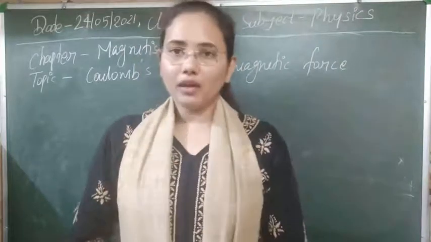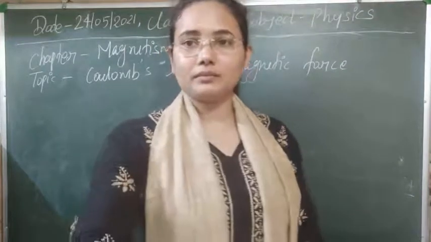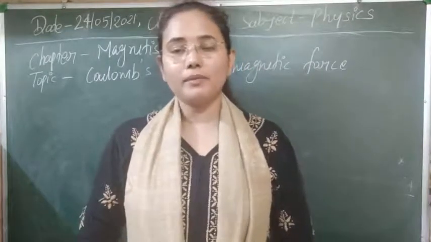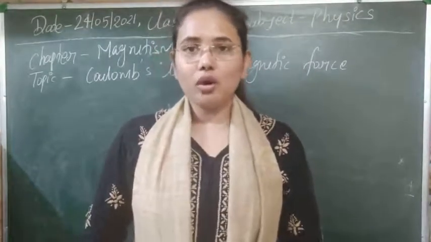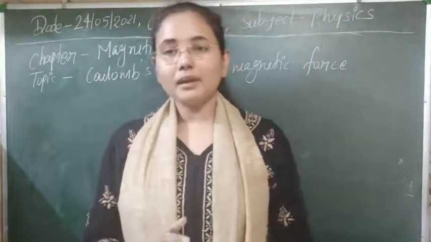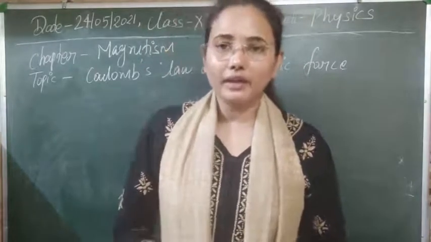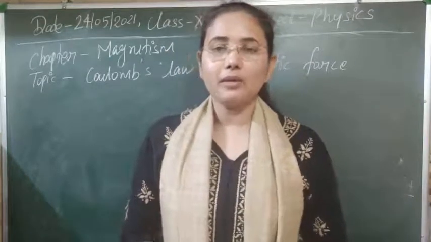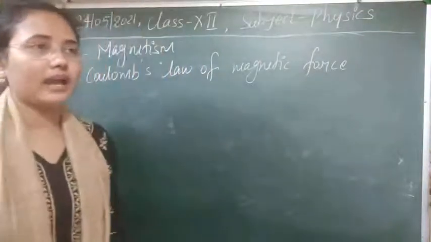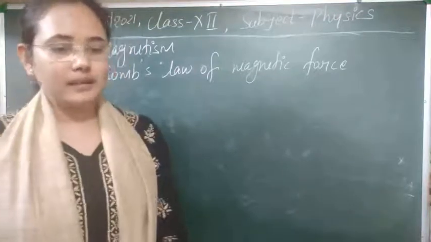In the same way we can also calculate the force for this behavior of the two poles of a magnet. That is called Coulomb's law of magnetostatics, or Coulomb's law of magnetic force. Coulomb calculated the force for the magnet also, meaning the force of attraction or repulsion between the poles of the magnet. According to his calculation and experimental observation,